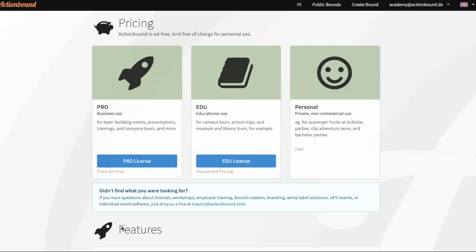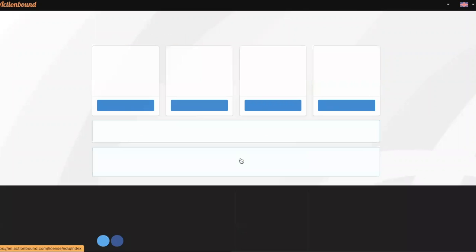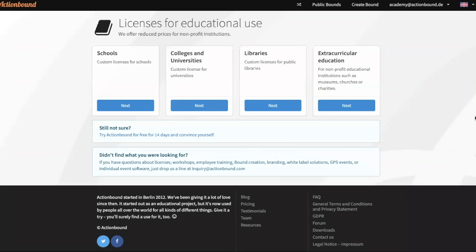Within the educational licenses, because some of you come from that area, we have the different area schools where you have licenses for the whole school or just for one teacher or just for the library. We have within the colleges, it's the same. You have a license for your whole faculty or just for one teacher or professor. And the library licenses have another system. It depends on the size of the city. And for most of you, probably the extracurricular education is the right area where you choose a player package